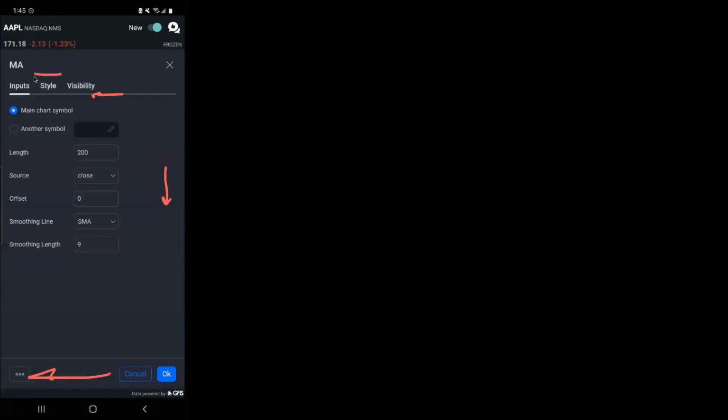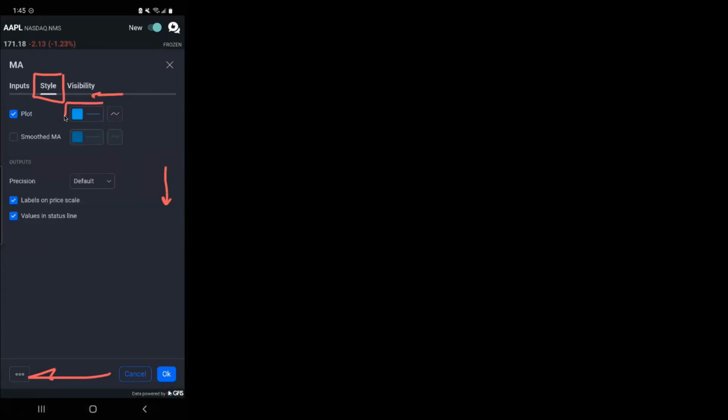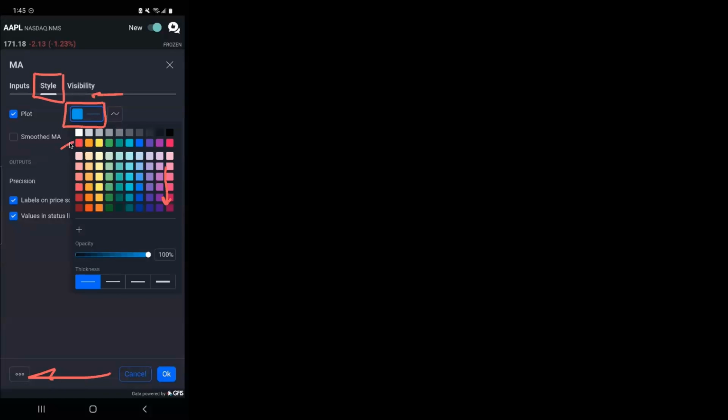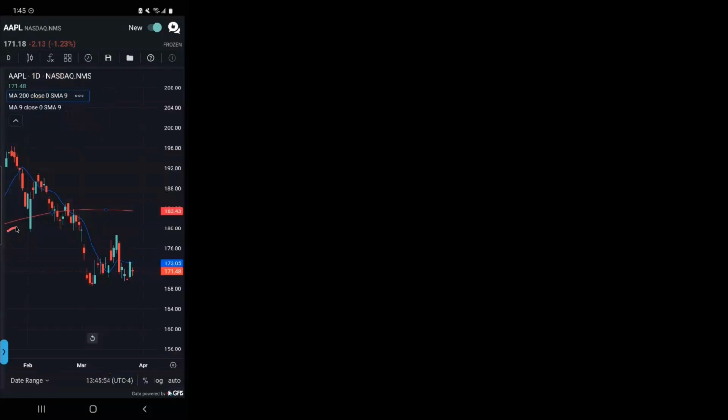Now I'm going to go to style in here, and style is going to allow me to change the line plot color. I'm going to change it from blue to red by clicking this red button right there. Then clicking OK. And voila, we have this nice new red line on the chart